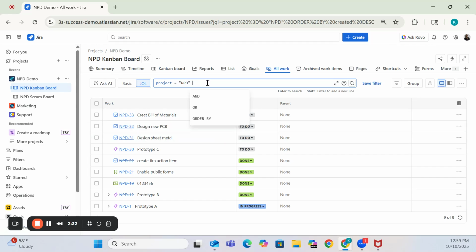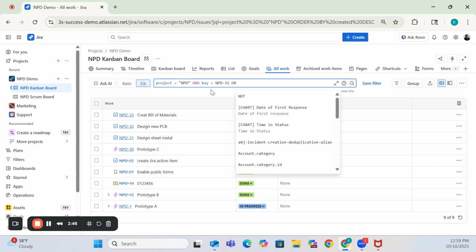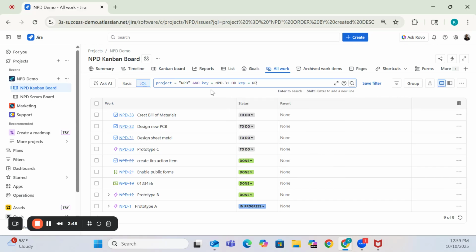So I'm going to say project equals NPD and key equals NPD-31, which is the first task. Then we say or key equals NPD-32 or key equals